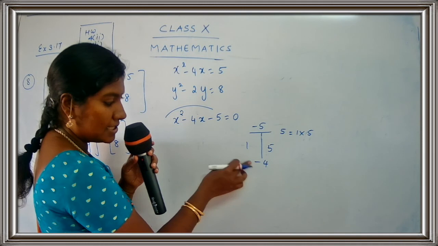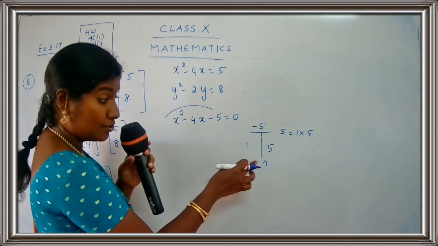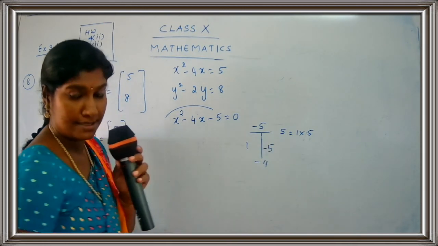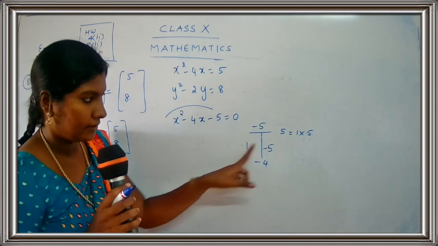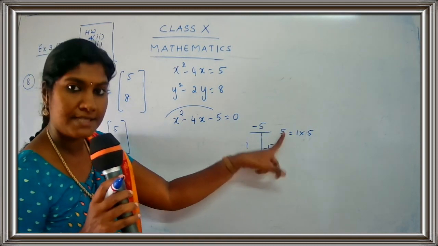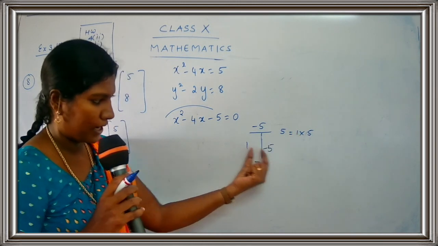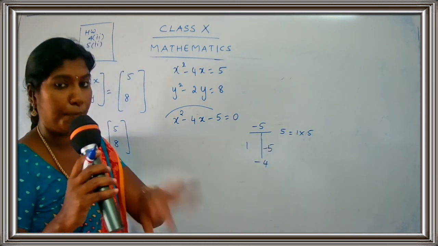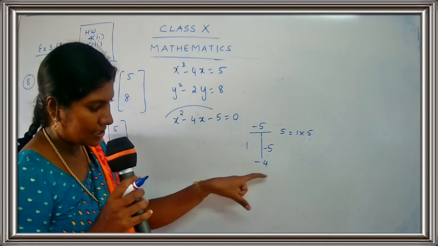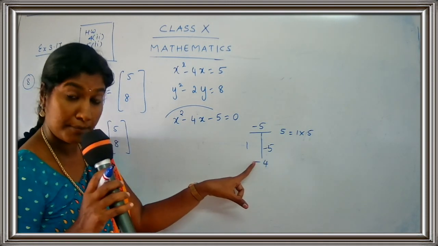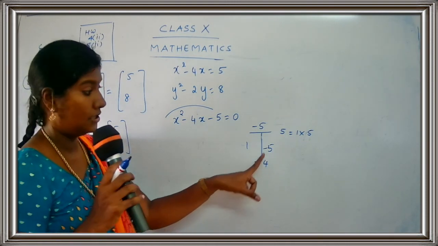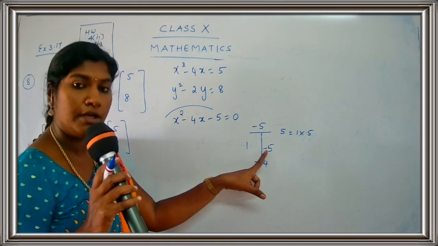So here the answer is minus. Yes children? So you have to take the bigger number as minus. Are you getting my point? How you are going to express 5 as 1 into 5. So how are you going to write down now? You just take down these numbers 1 and 5. So we have to insert a proper sign there. So see the sign of the number here. The number has a sign minus. That means the bigger number should be given a minus sign.